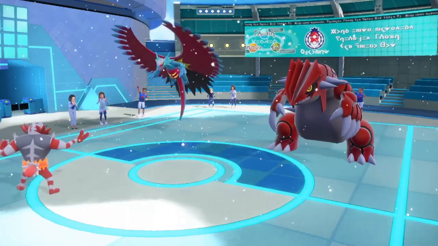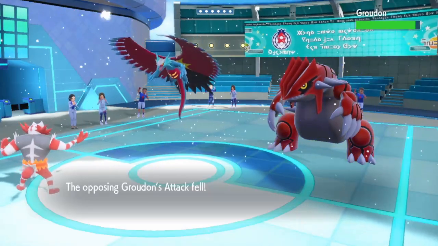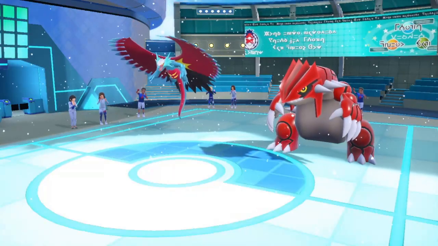That's great. So they're actually running... That's mainly probably for Flutter Mane, but... I'm surprised that actually even killed me, because that's at -1. But I guess it's 4 times effective. So that's probably why. It's also a Groudon, so...